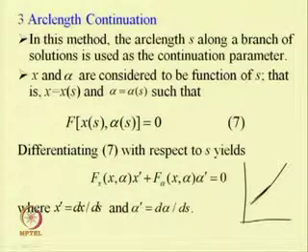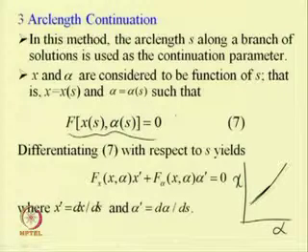So, for this arc length continuation scheme, the arc length is along the branch. So, the arc length along the branch of the solution is used as a continuation parameter, with x and alpha. Here x is the response, and let me take alpha as the continuation parameter. x and alpha are considered to be functions of s. So, if they are functions of s, then we can write x equal to x of s and alpha equal to alpha of s.